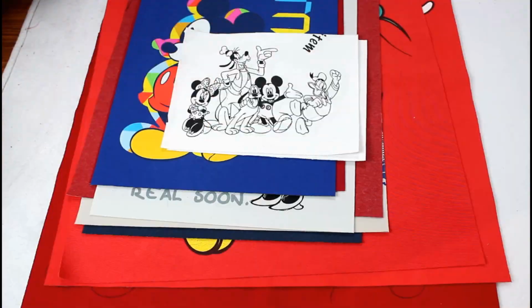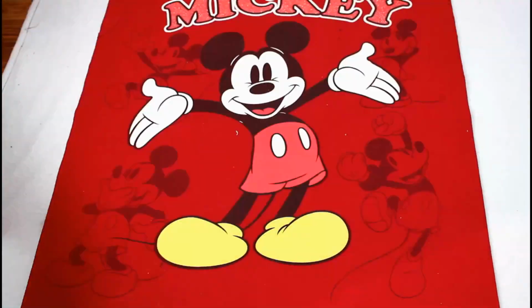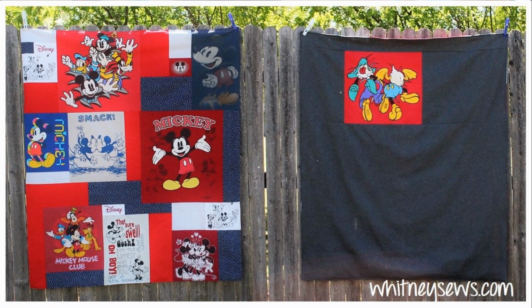And since then, Skylar has slept with that t-shirt quilt on her bed every single night, so she's using it all the time, and it's so sweet. I'm so glad that she loves it so much, since I spent a lot of time and all kinds of things on it. If you are not familiar with that project, you definitely should go check out the video to see